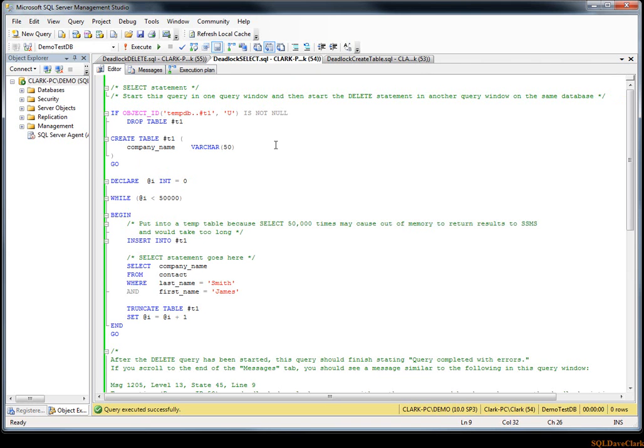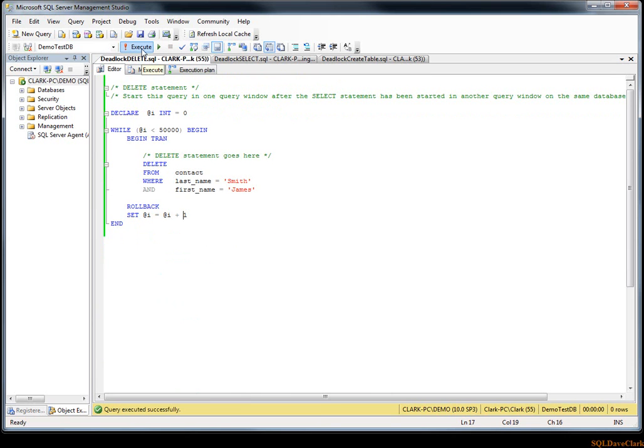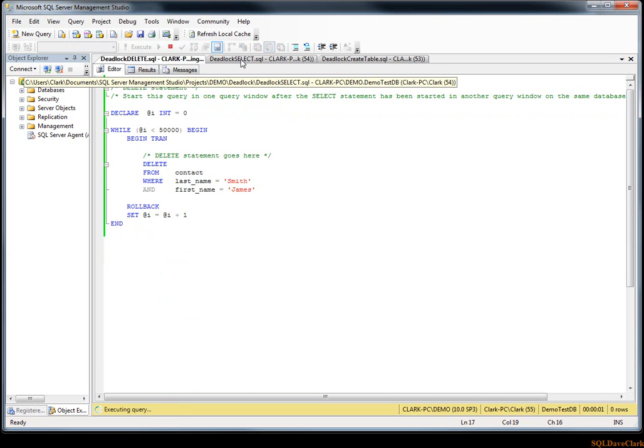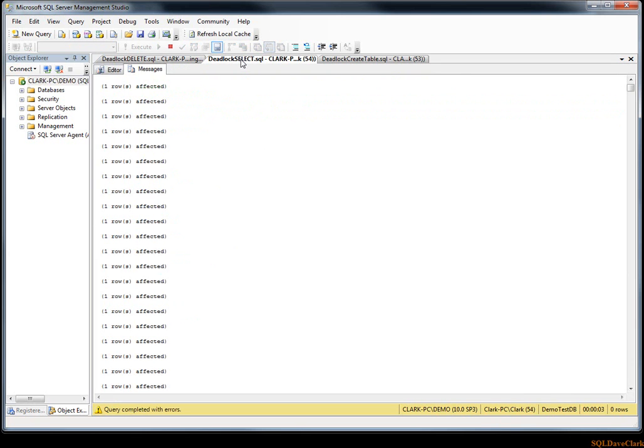So if you'll notice, I'll just go ahead and execute the select statement running 50,000 times in one query window. We'll go to another query window and we'll execute the delete statement. And what we should see, and it's already occurred, in our select query window,